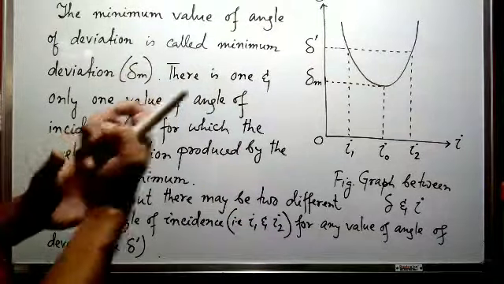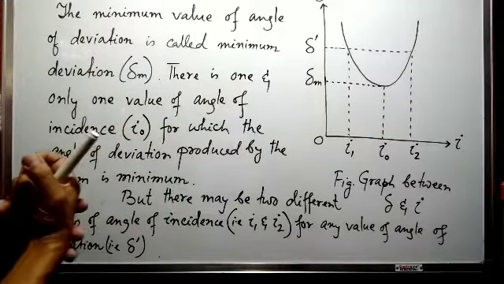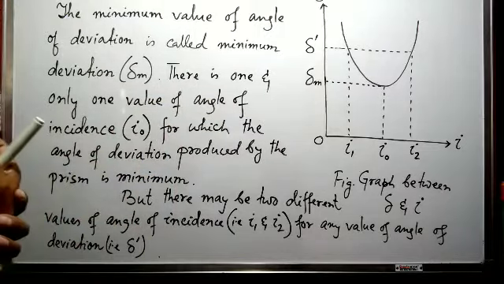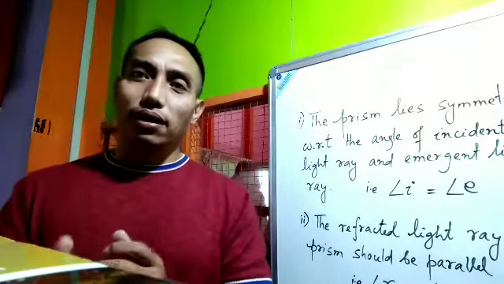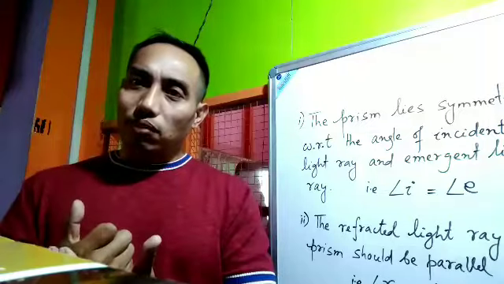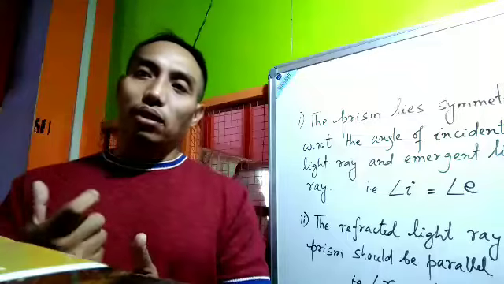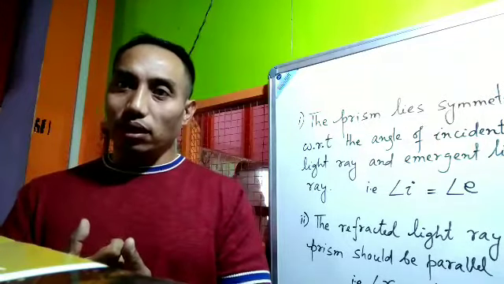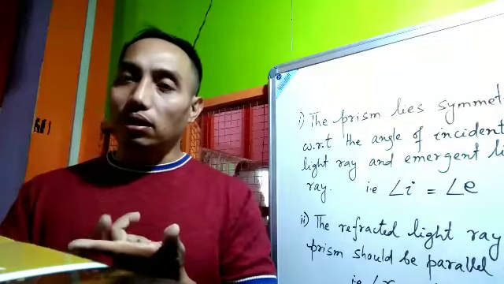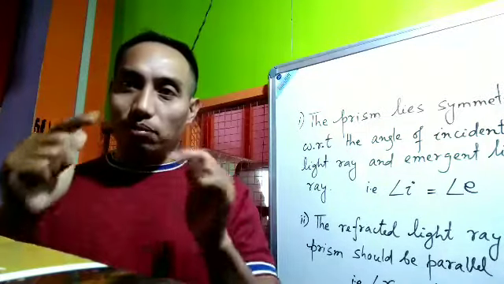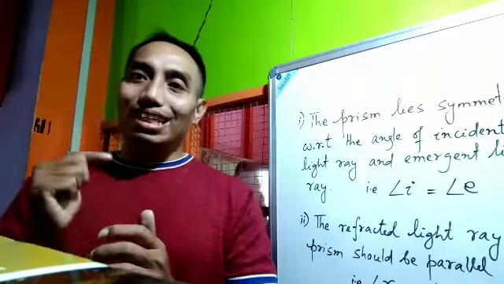Now the angle of deviation and the angle of incidence values are related. So what are the conditions necessary for the angle of deviation to be minimum? When the angle of deviation is minimum, the first point is that the prism is symmetrical with respect to the incident light ray